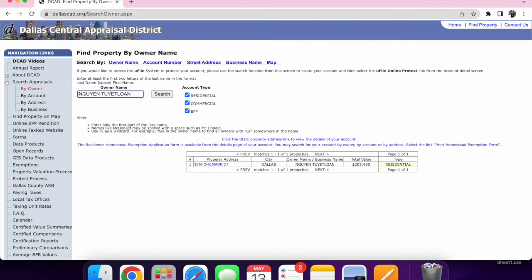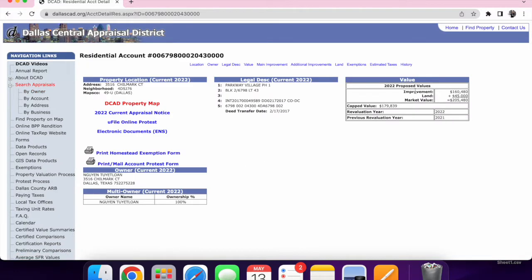and search. So it should pop up with your property. You'll do your last name first and first name last. Has to be whatever is on your title. Then you'll click this hyperlink, and right up here is where you're going to see your value. So they currently have the market value at $205,480. So when we go to pull those comparables, we are looking for properties that are like this property that